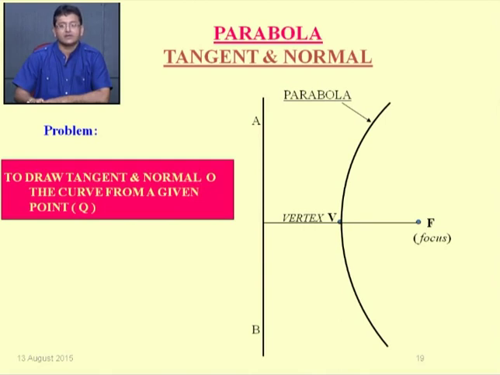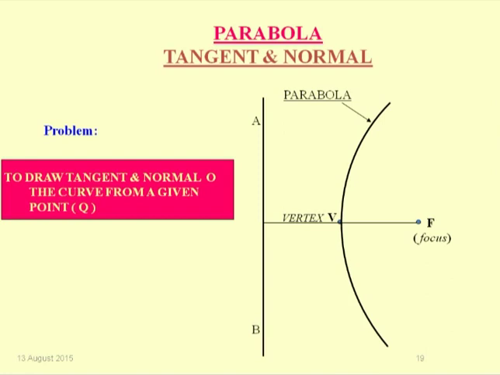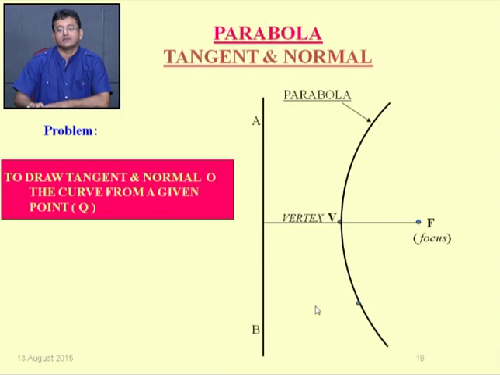So the parabola is here. Now take any point on the parabolic curve, named point Q. If you have to draw a tangent from this point Q,